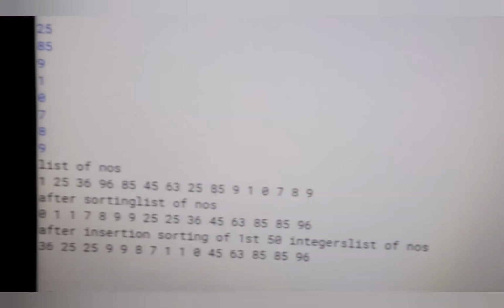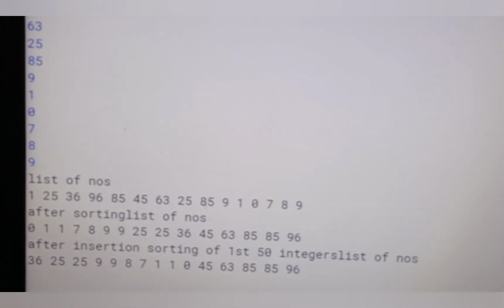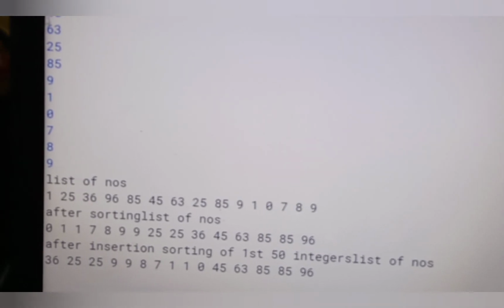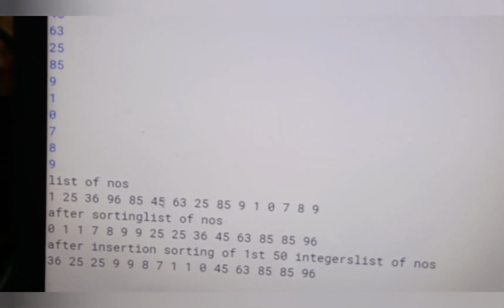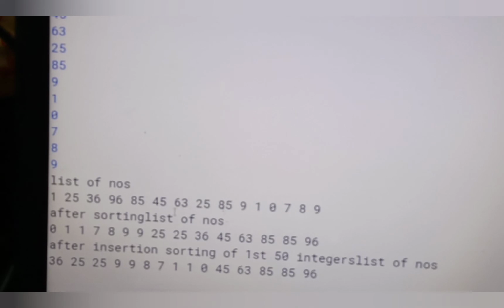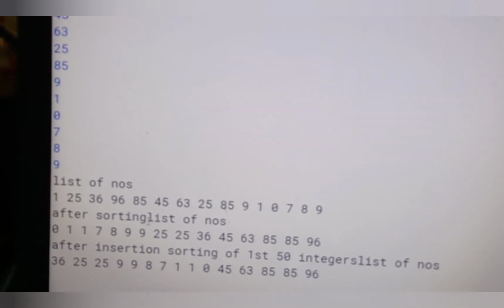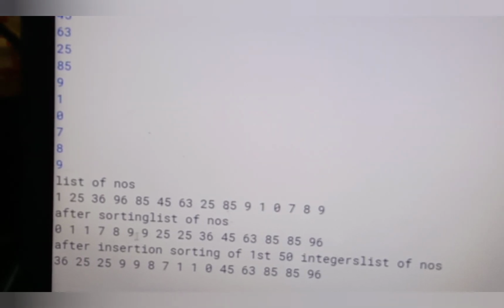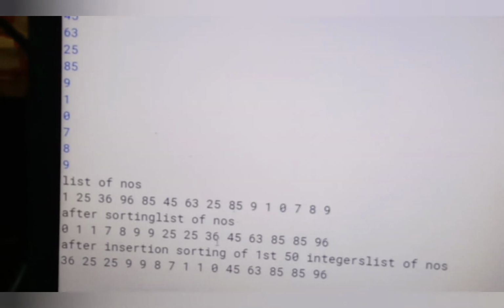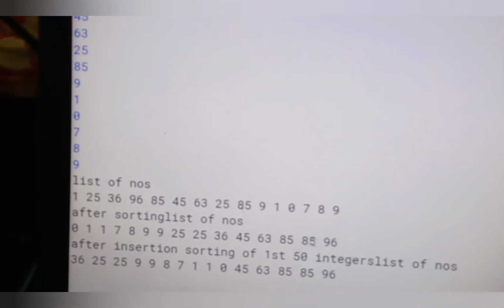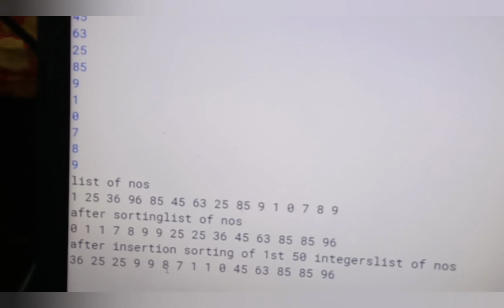Okay, so the first list of numbers is the list entered by the user. Then after the sorting, the list of numbers is from selection sorting. In selection sorting, the data array is arranged in sorted form in ascending order. And after the insertion sorting, first 50 is not first 50, it's the first 5 elements.